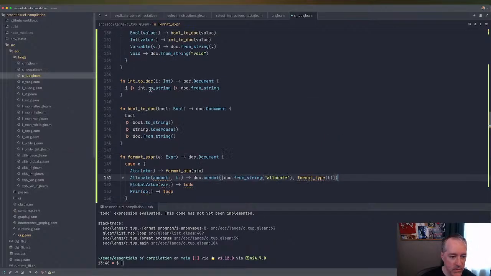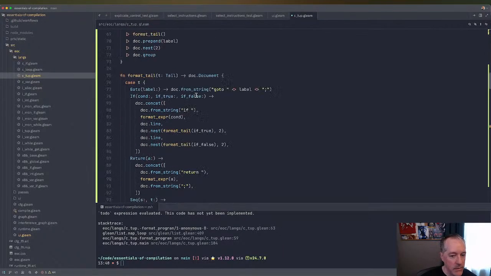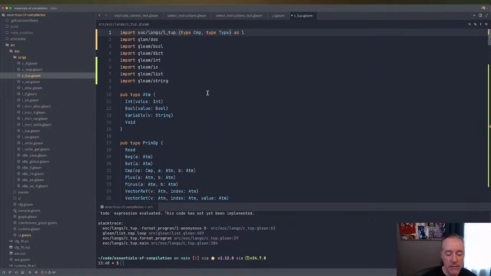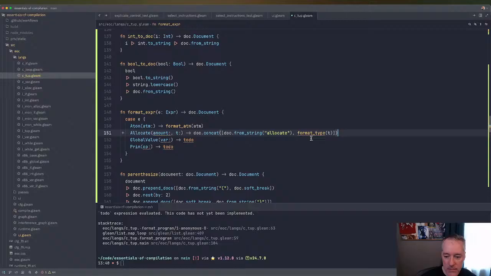It should go in this other language, right? Because the type, we're just reusing it. So I'll go ahead and we'll make that be L dot format type. And hopefully that should be easy to do. Okay, and then this is going to be